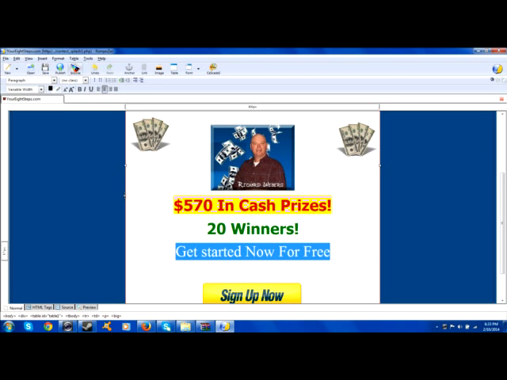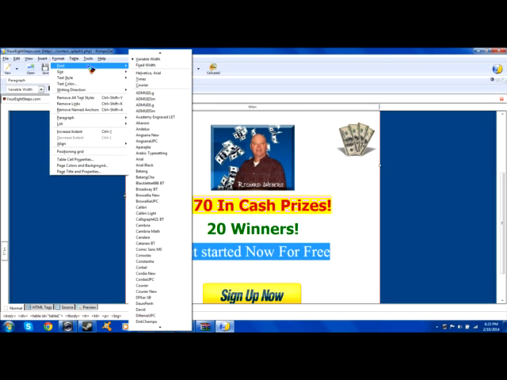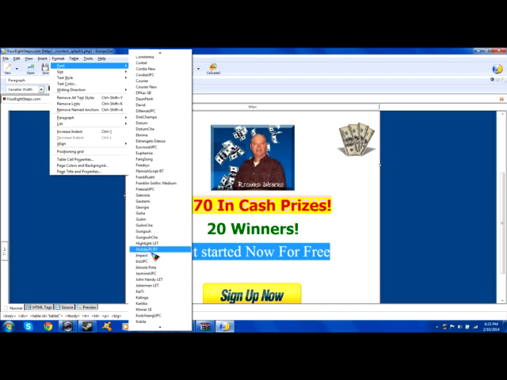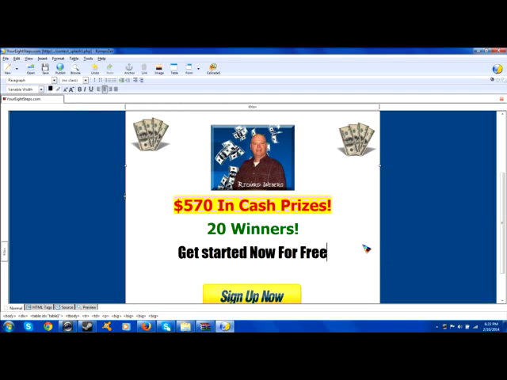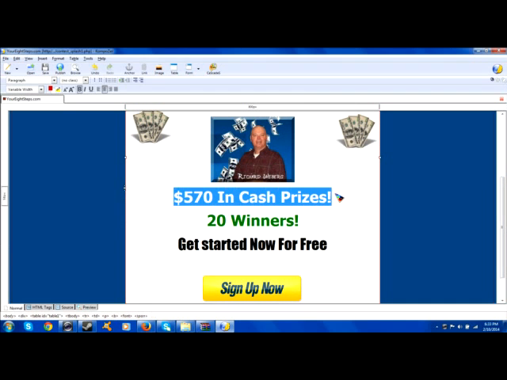I can change the font by going up here, go to Format. I can click on the word font, go down here, pick a different font. I'll pick just any. There's a whole different mess of fonts you can pick. I'm going to pick Impact. Now it's made it fatter, bigger. I'll change what it says in this yellow highlighted words area to